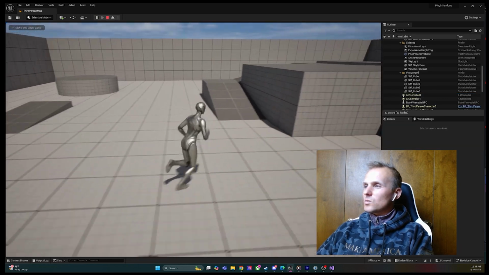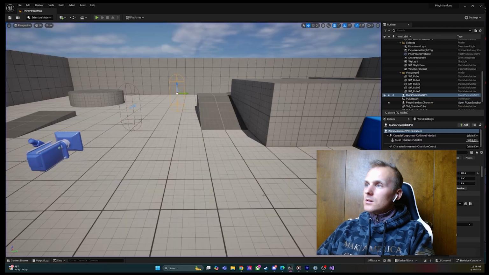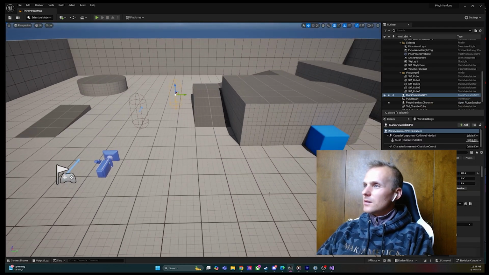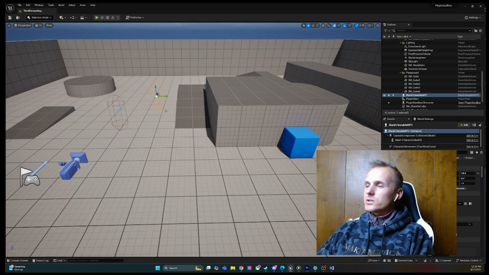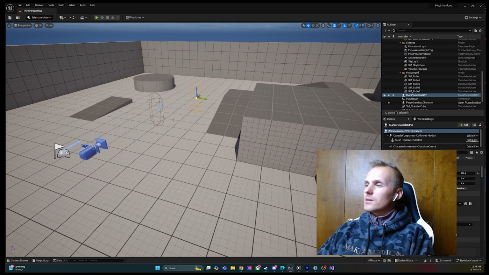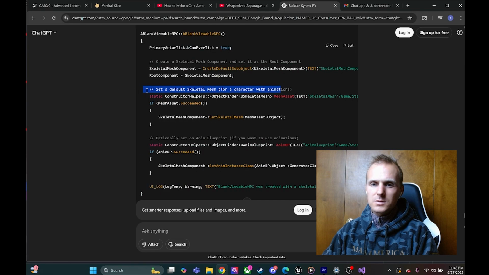No. So that's the next thing I'm going to work on, is getting this in-game actor to actually spawn a mesh and try to get a static mesh of a character. So that's what we are jumping on now. Okay, so let's copy this and then